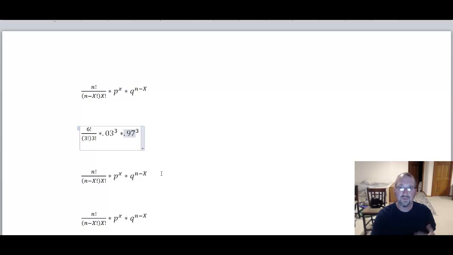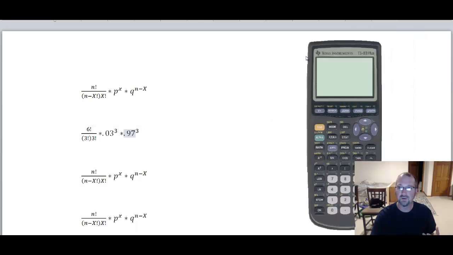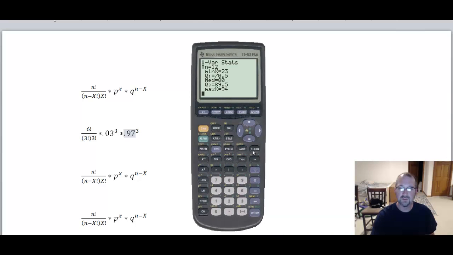Now, what we'll do here is take a look at this on the calculator. So let me bring the calculator over here. Get to a clear screen. I'm going to really ask you to be very careful when typing an equation like this, because you click 6, and click the math button, click left to turn on factorial. Now, what's important about this is you're going to divide by this entire denominator. The entire denominator has to be in a parenthesis. If it's not in a parenthesis, then it's going to give you the wrong answer. So I'm going to go 3, math, factorial, like so, multiplied by 3 factorial again,